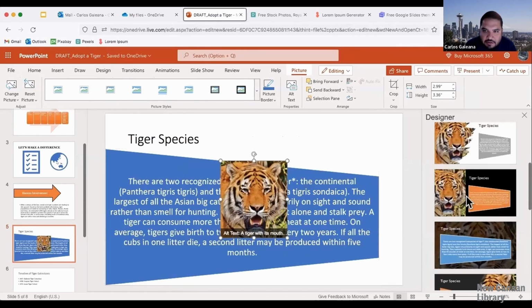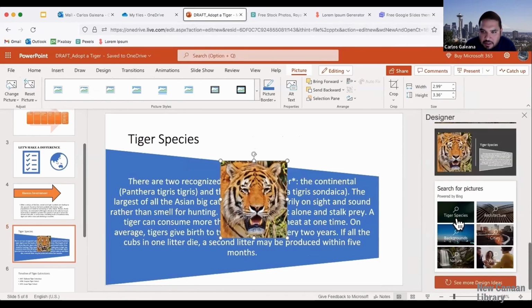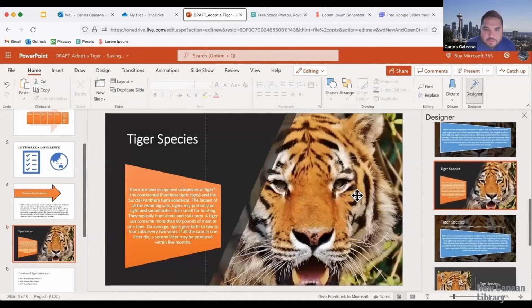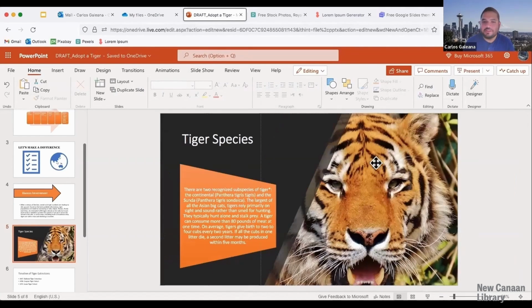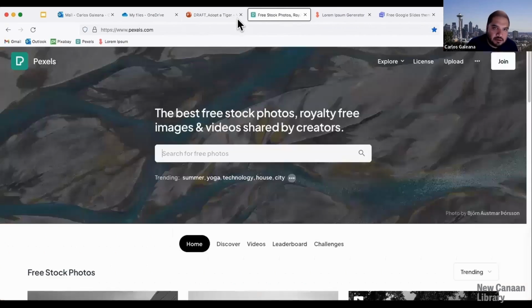And again, it's offering me these suggestions from Designer. So I kind of like these suggestions. I'm going to go ahead and just choose this one. Didn't really have to do anything. I just sat and relaxed a little bit and then just let the computer do its thing. I got this really nice photo from a place called Pexels. So it's